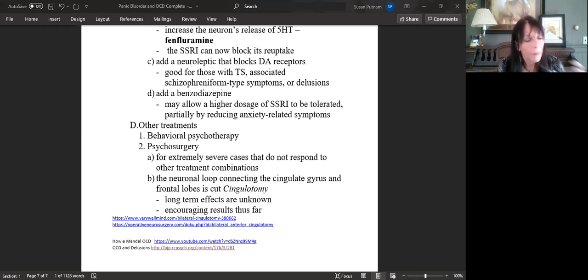There are more cases in this article. I do hope you'll take a few minutes to read through them. I think they're really enlightening in terms of what OCD can actually develop into, and it's the spectrum, psychotic form. But you can imagine somebody's life being totally devastated, and unfortunately, this form is very hard to treat, very, very difficult to treat. So that's kind of a sad ending to this particular